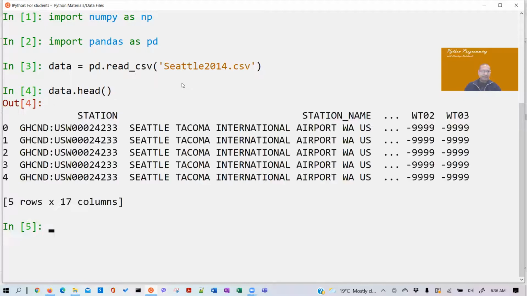Let's look at the head. This is the data. So we can quickly take a look at its shape. Data.shape, which is 365 by 17. So there are rainfall data and weather data for each of the days, 365 days in 2014, for Seattle. Not just rainfall, there are other